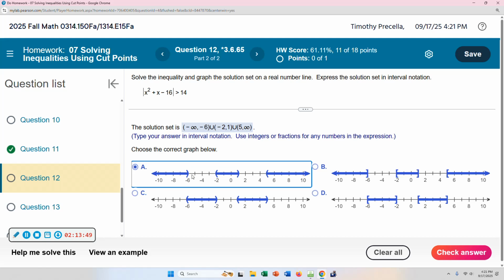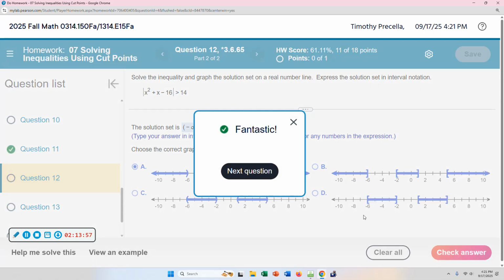Remember, they're putting parentheses instead of an open circle. I told them why I don't like that on the number line, because you don't know which direction when you're labeling the cut points. You don't know, am I going to shade to the left or to the right? Okay, so I'm going to